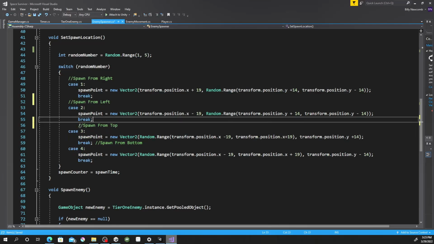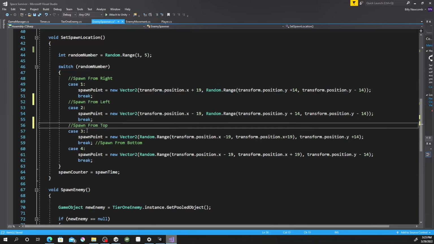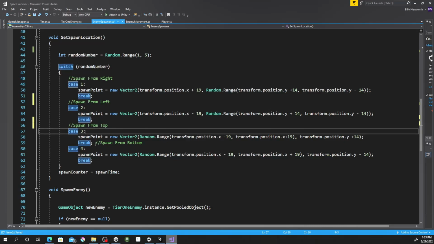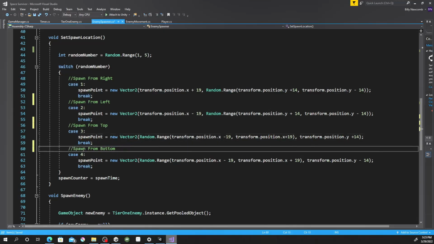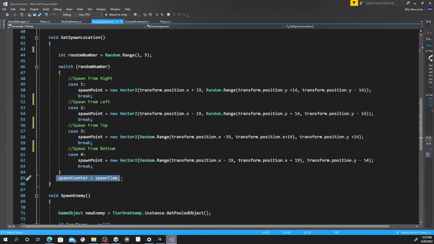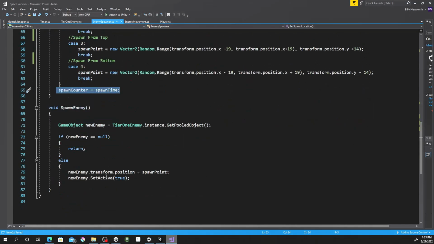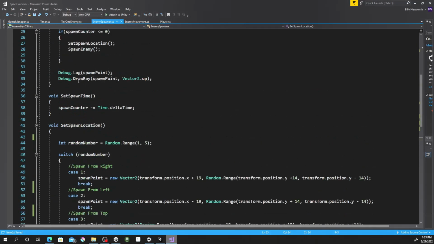If it's 3, it's going to be on the top, and if it's 4, it's going to be from the bottom. So go ahead and pause it and copy this, and then what we're going to do is set this spawn timer to spawn time, so it resets the timer, so it'll count down again. Alright, so when it spawns the enemy,